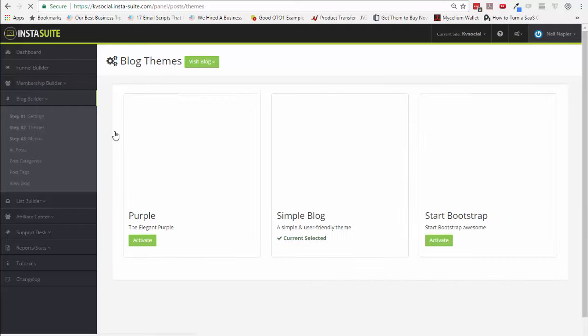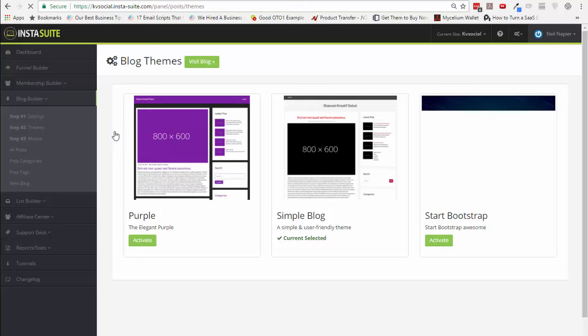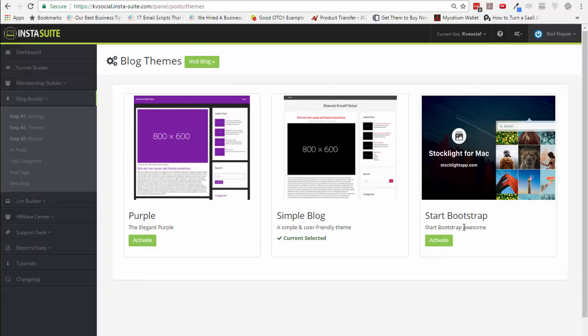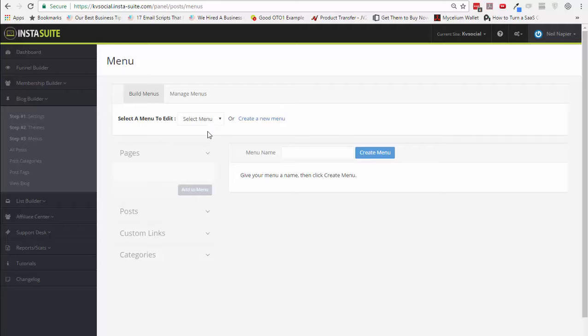Then you can also choose themes. So we have 3 themes available at the moment. You can choose a simple blog theme, and/or you can go for the Bootstrap theme as well. Then when you're done with that, just like in a WordPress site, you can add menu items too. So you can create a new menu and add the menu items so they're easily visible to anyone